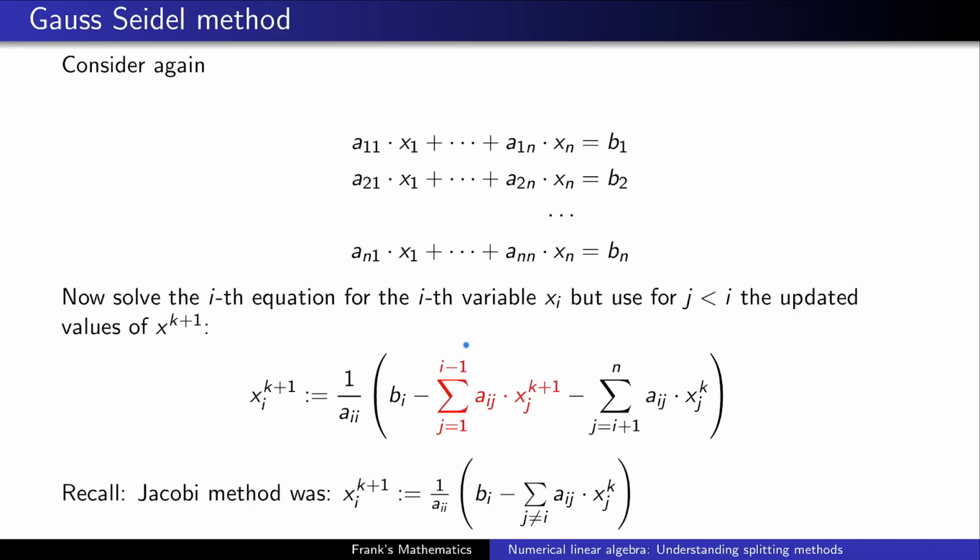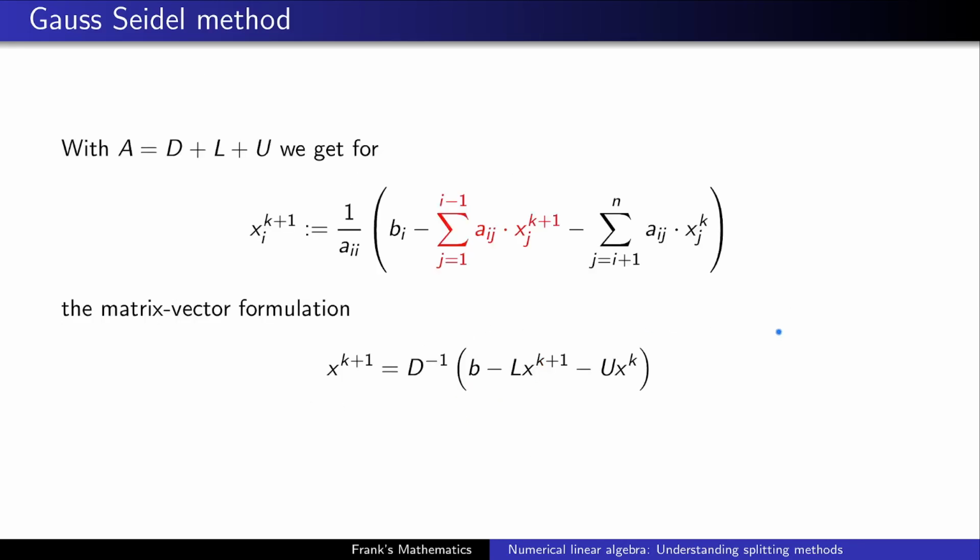Okay, can we put this method into our general framework? We can, but we have to do a little bit of work here. So we make heavy use of our splitting A = D + L + U. Here you can see again the Gauss-Seidel method. And again, we reformulate this as a matrix-vector formulation. So this fraction here will give, of course, the inverse of D, which contains just the diagonal elements. The red sum here contains just elements of the lower part of